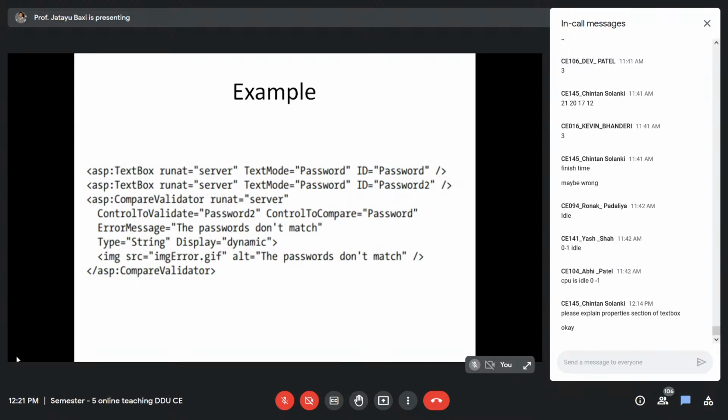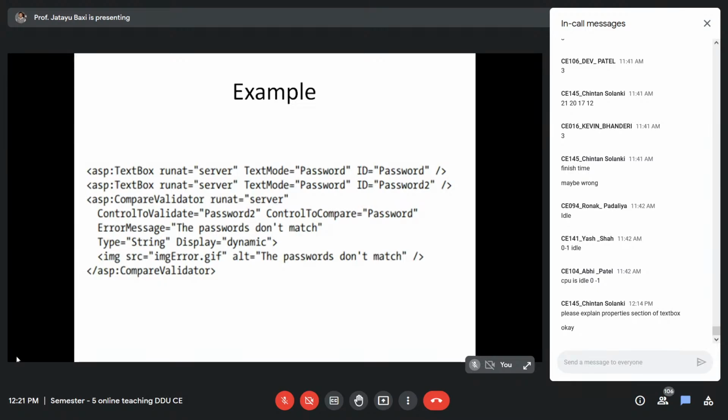This is another example where I am comparing two passwords. One text box is for password, another text box is password 2. On the password 2 text box, I'm applying the control to validate property, that is password 2, and control to compare is password.